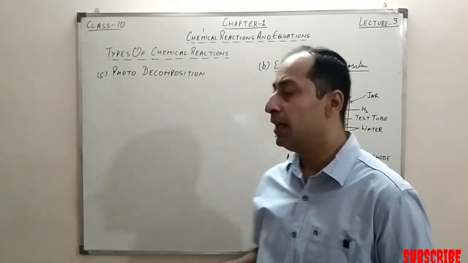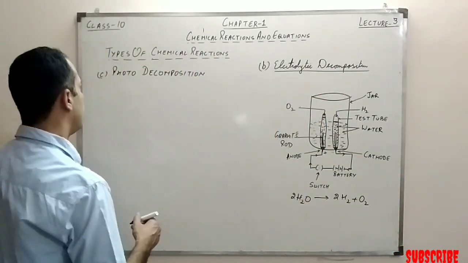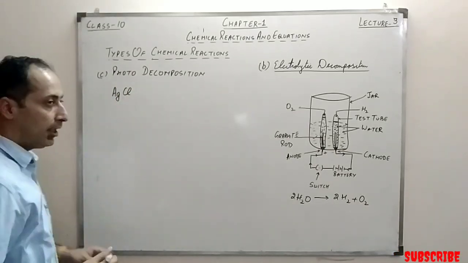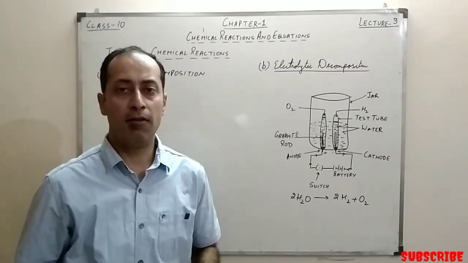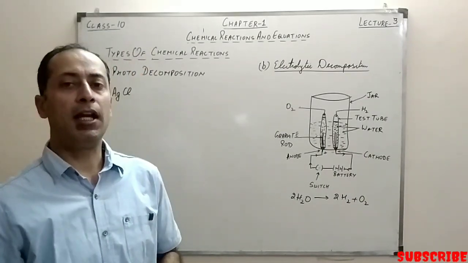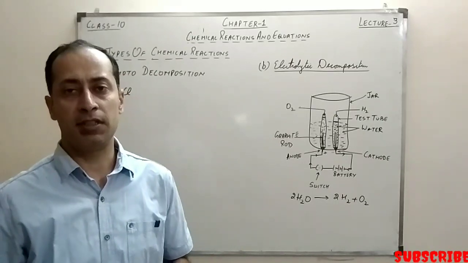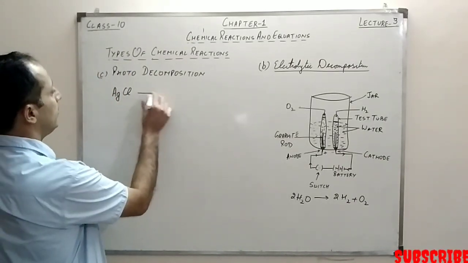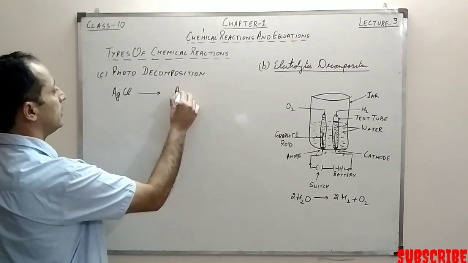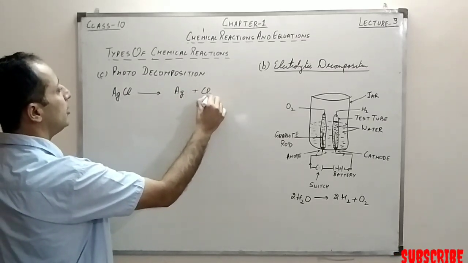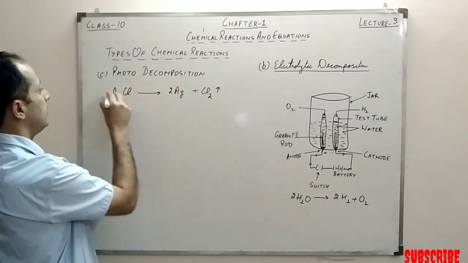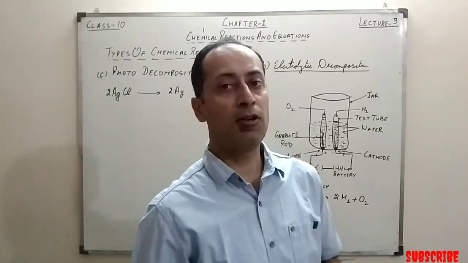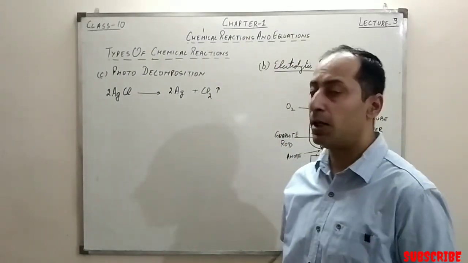As we can see in one of the reactions, silver chloride, the formula is AgCl. This silver chloride is basically a white colored powder. If we take a dish and keep the silver chloride in sunlight for some time, the silver chloride breaks down to form silver, and chlorine gas is released from it. So this is basically what happens in photo decomposition. That is why silver chloride is always kept in colored bottles, right?